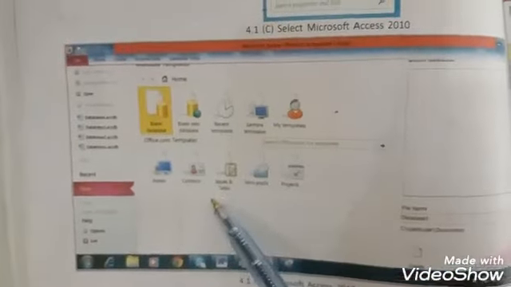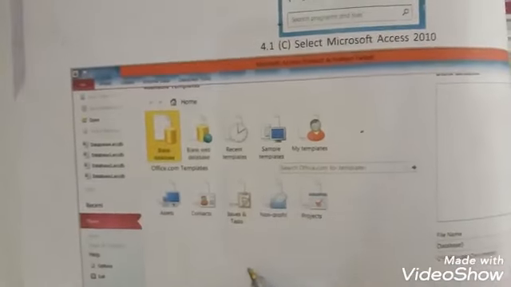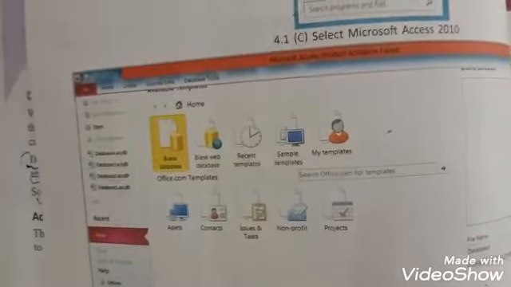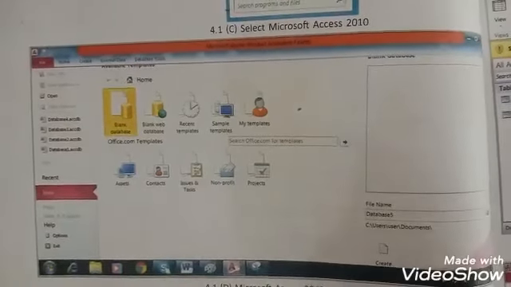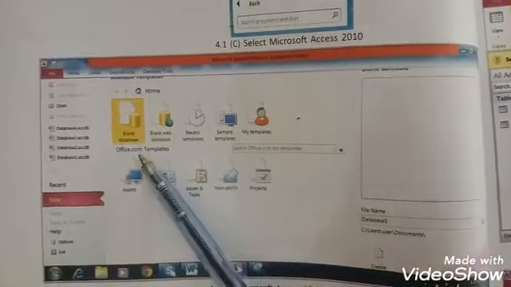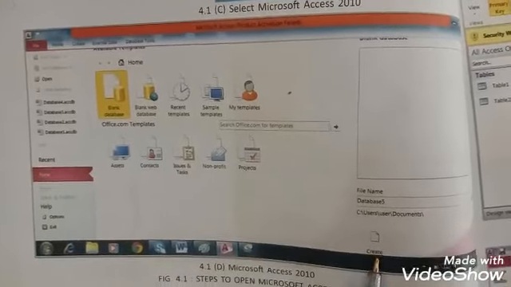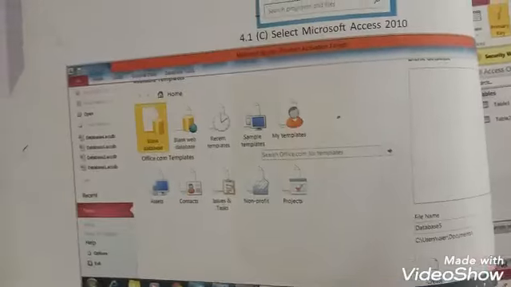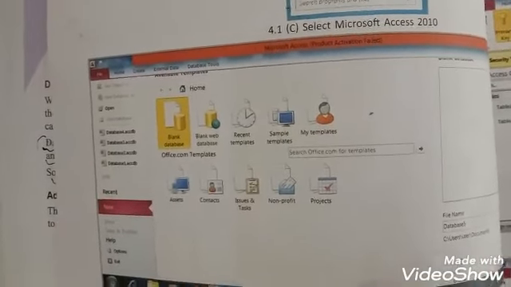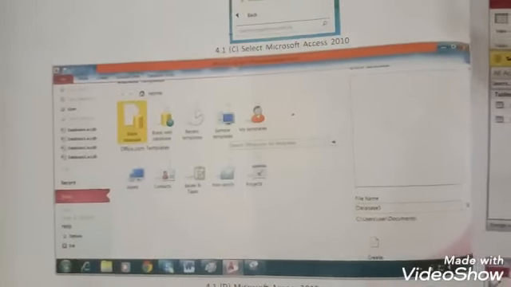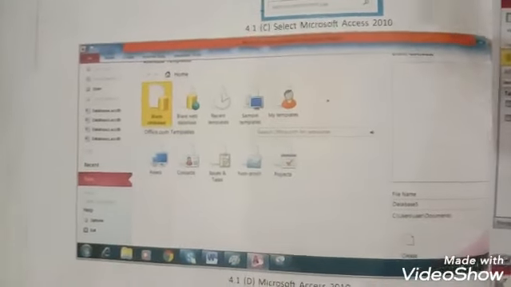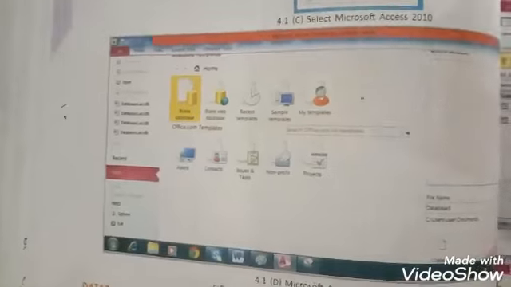This page will appear on your computer screen. Click blank database. After this, click create. When we click on create button, a page displayed on the computer screen is known as MS Access.